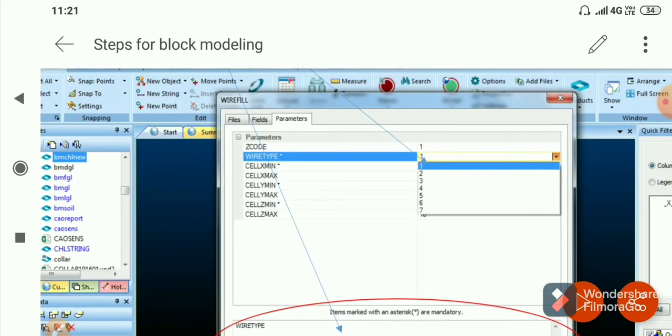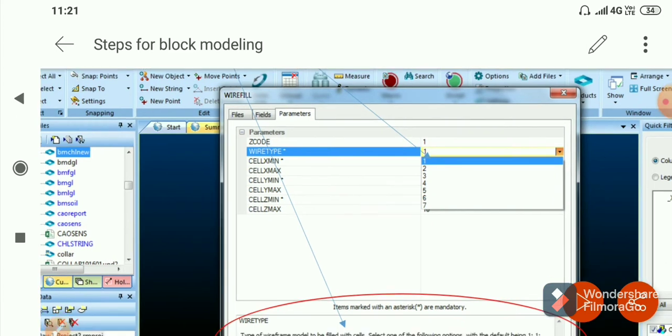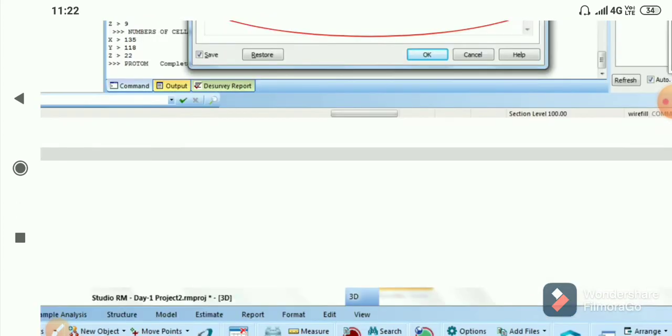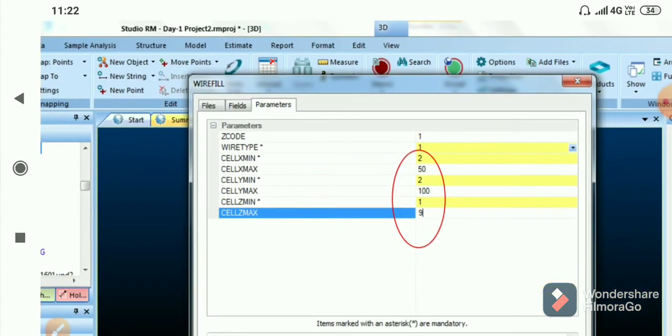So if we take the topo TR, then we will take the option create cells below. For topo TR it will be 2, and for ore body it will be 1. Ore body and waste body will always be 1, because the cells will be filled inside the ore body and inside the waste body.